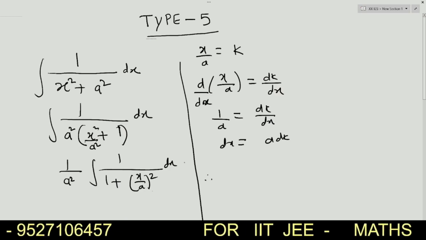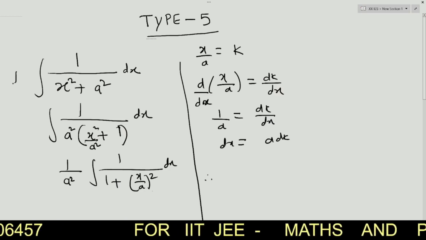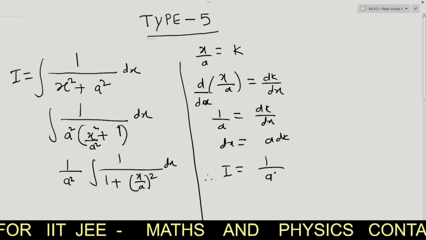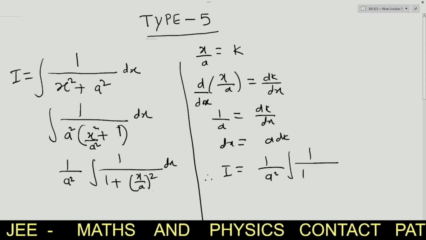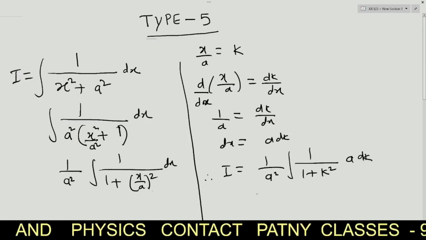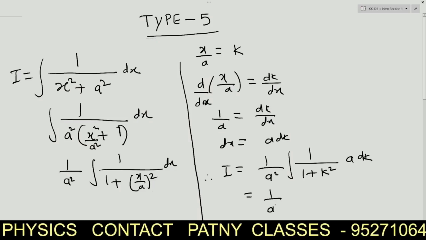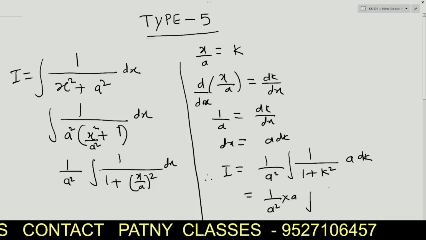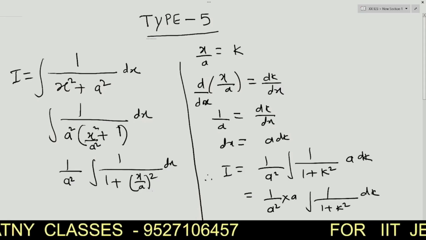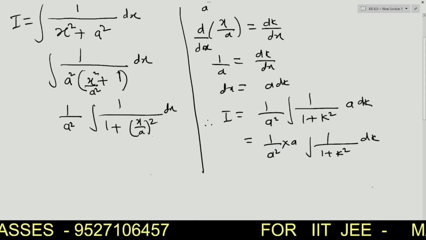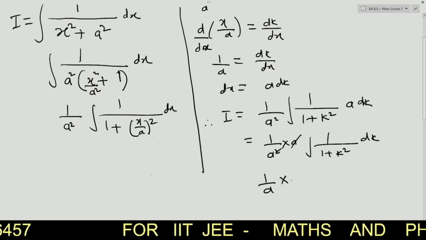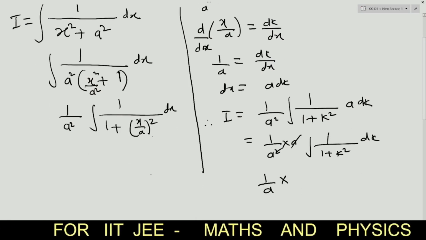Therefore this problem becomes I equals 1 upon a square integration of 1 upon 1 plus k square times a dk. Now 1 upon a square and a have come outside, leaving 1 upon 1 plus k square dk. The a square and a cut down, leaving 1 upon a, and the integration of 1 upon 1 plus k square